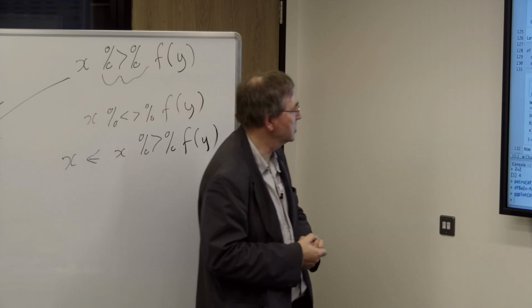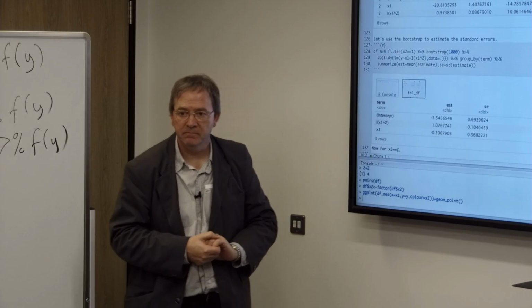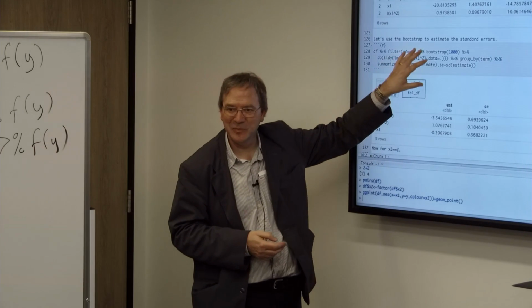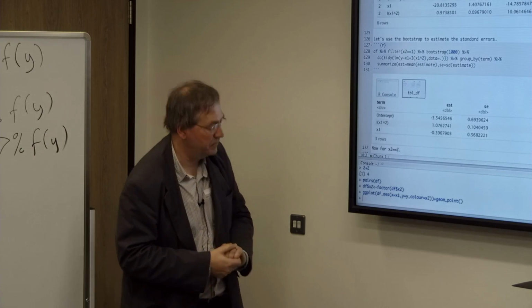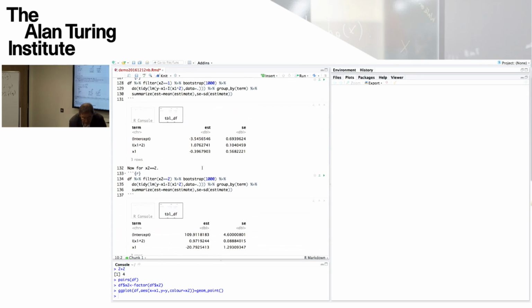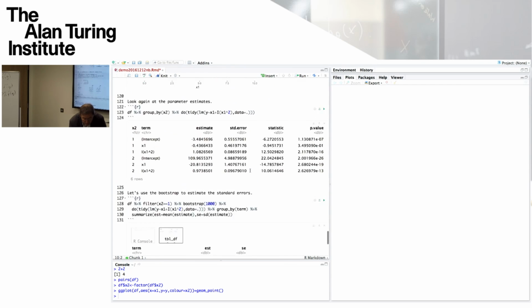Fit 1,000 models, get 1,000 estimates, take their mean estimate. Yeah. So there's a lot of for loops in there that have been washed away in this little simple paradigm as shown here. Okay. I need to be conscious of time to finish reasonably on time. So in the next bit, we do it for x2 is 2 rather than x2 is 1. I think that's all for that.